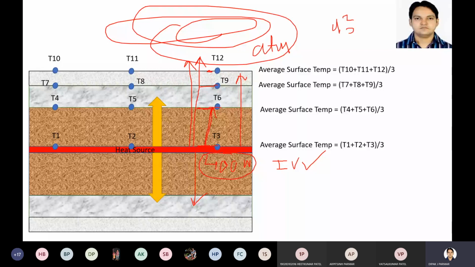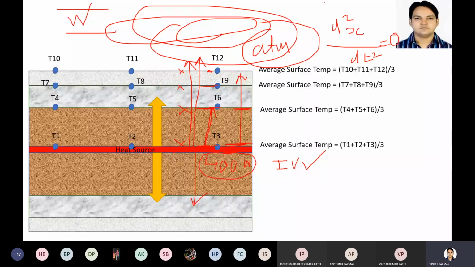So when steady condition comes, the temperature of this will not change, it will remain steady. Suppose it takes 1 hour or 1.5 hours. Up to 1.5 hours, the temperature will change on this surface, this surface, and this surface. Means your heat transfer rate is changing with respect to time. But when you keep your heater on continuously, and it is exposed to the atmosphere, after 1.5 hours your heat transfer rate will become steady. Heat transfer rate means heat energy transferred per unit time, and it will become constant.